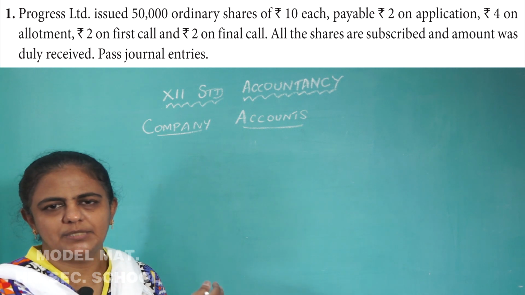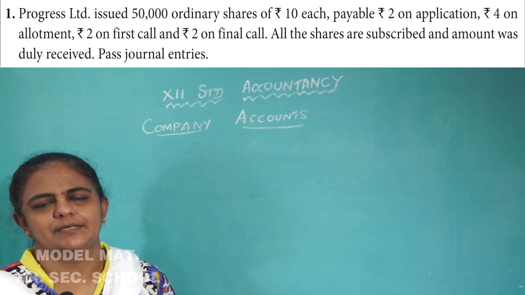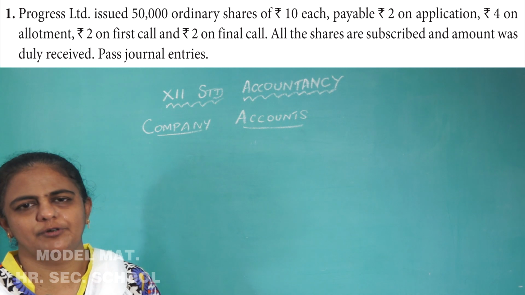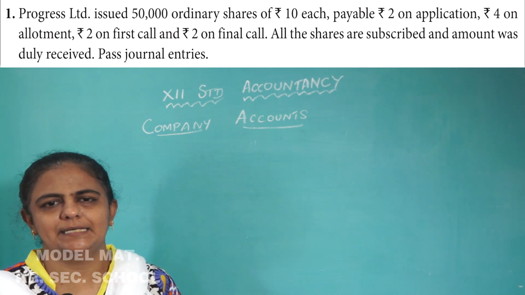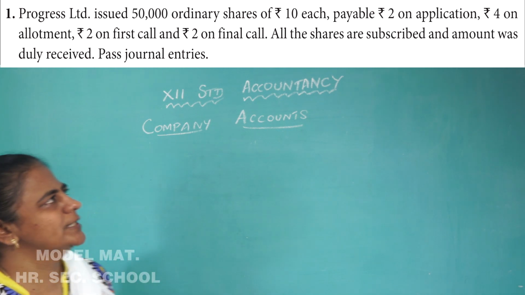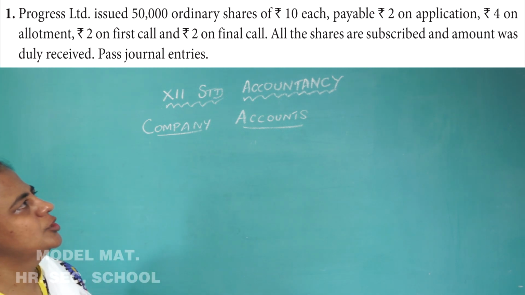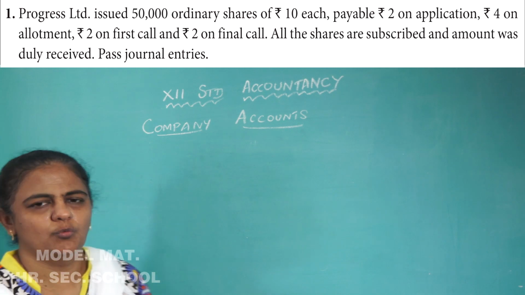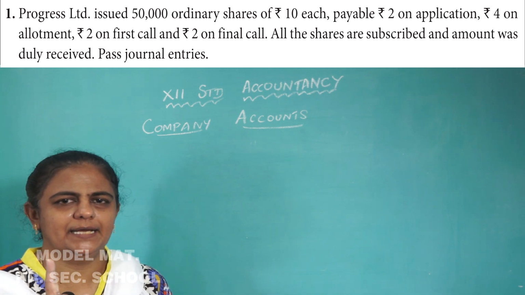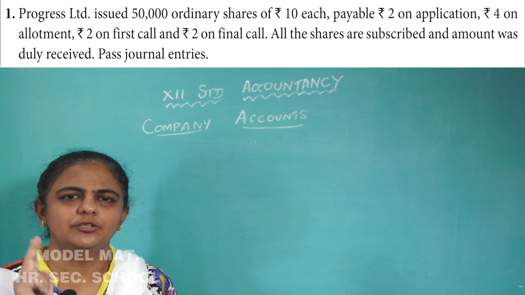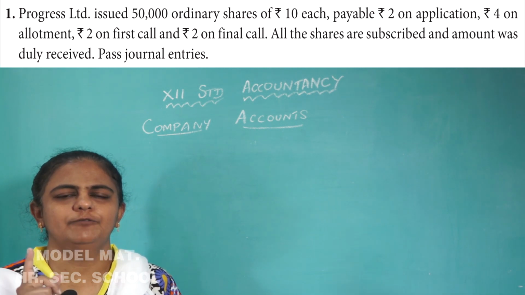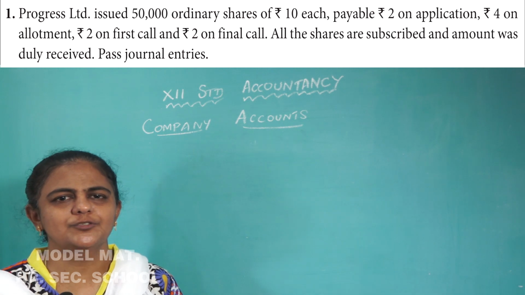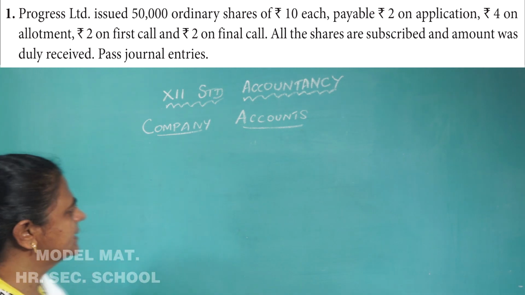So let's go to the journal entries. Now what is the first entry you have to do? You have to see how much money is collected for application. Look at the question: payable rupees 2 on application. For one share, how much money do you have to pay? 2 rupees. So for 50,000 shares, what is the application money? 50,000 shares into rupees 2. Okay, so first entry,